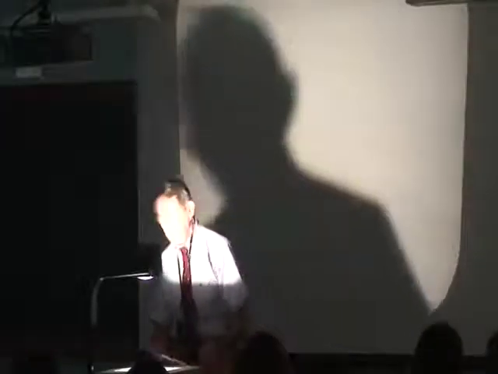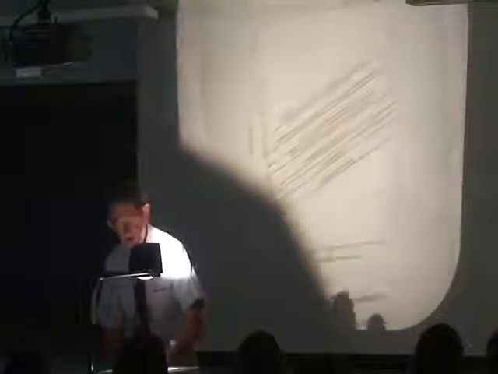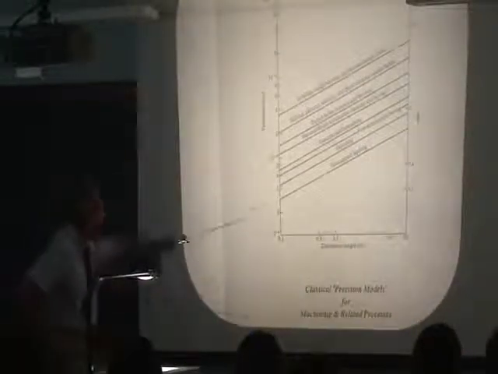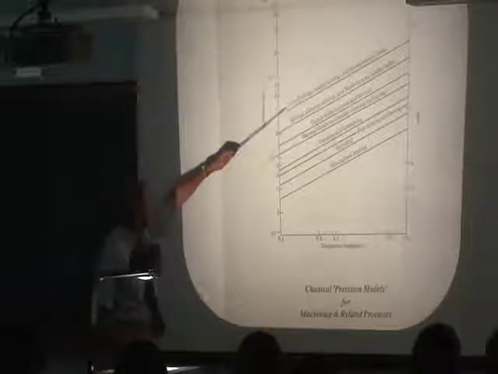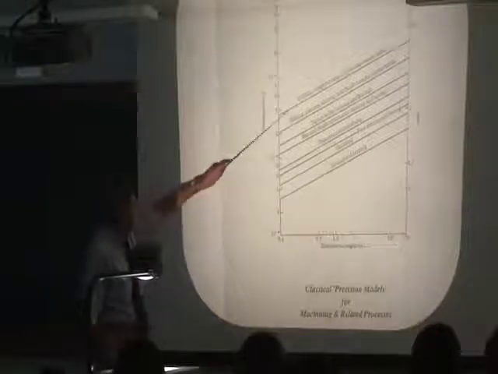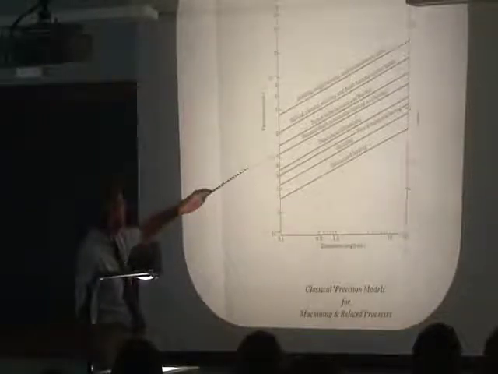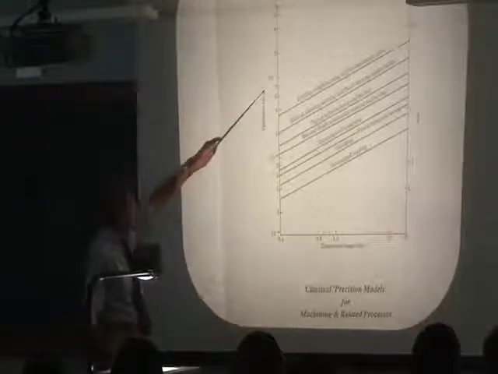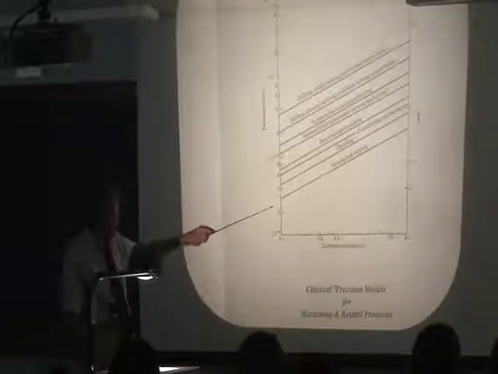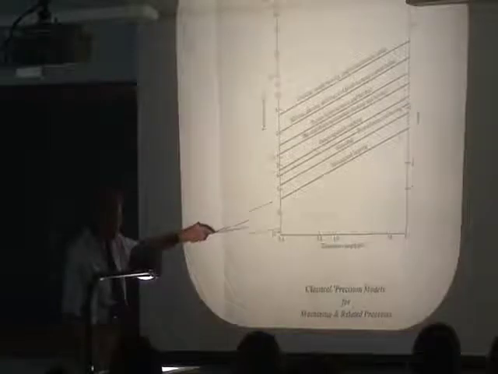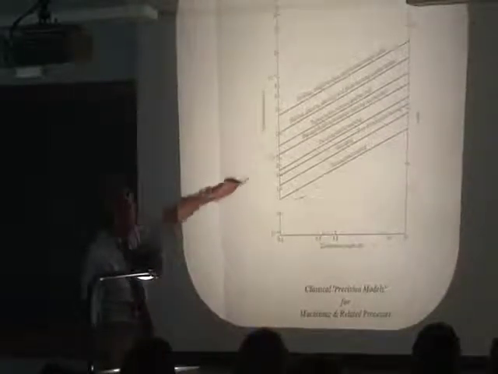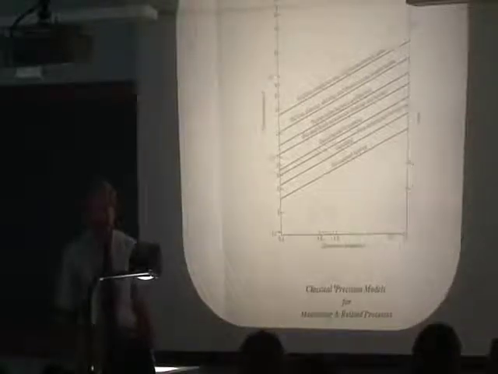So you have a whole complementary set of data, of which this is a tiny subset. Don't try and read it, I'll tell you what this is about. These are processes, drilling up here, down here, honing and lapping and grinding. Take it as precision, it's called tolerance, but you have 2.5 orders of magnitude of accuracy, if you like, or fineness of finish. And this is a general scale of the process. So, big range of differences in precision.